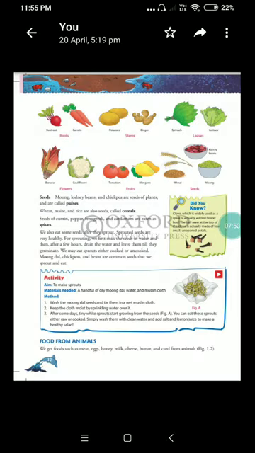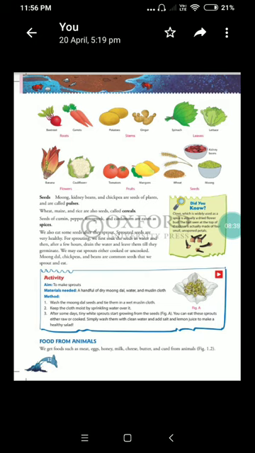Leaves. All leafy vegetables like spinach, coriander, mint. Next one, flowers. We eat some flowers of plants such as cauliflower and banana as vegetables, right? Next one, fruits. We get fruits from the plants. Usually fruits have one or more seed. But do you know tomato, brinjal, ladyfinger and pumpkin are actually fruits because it is formed from the ovary after flowering. It means it develops from the flower and contains seeds, though we commonly group them as vegetable, right children?